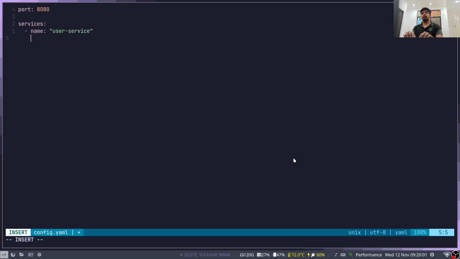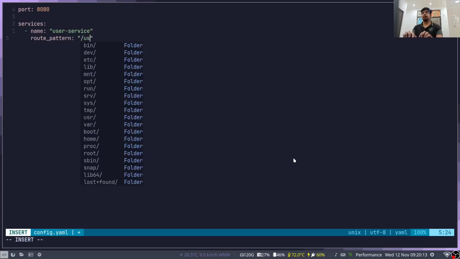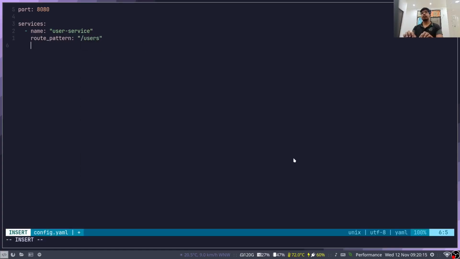Then we can have the route pattern slash users, and then we can have